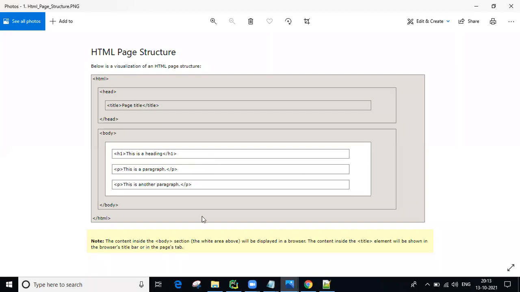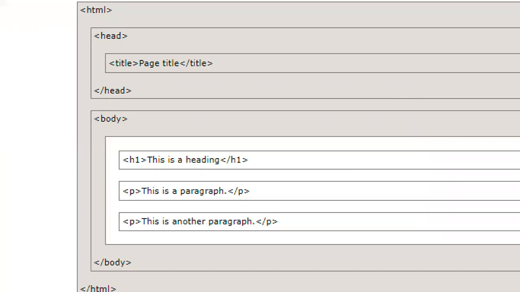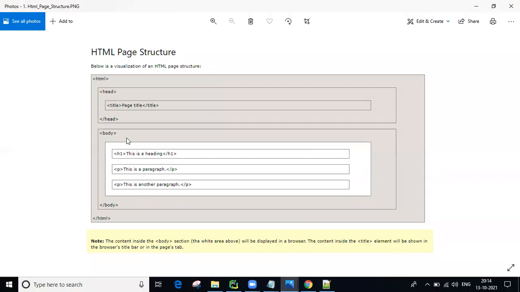Are HTML tags case sensitive or not, guys? Not case sensitive. Remember, Python is case sensitive, but HTML is not. Not case sensitive means in HTML these tags you can write in lowercase or uppercase letters, no problem. But you need to develop using small letters, guys. That is the coding standard.